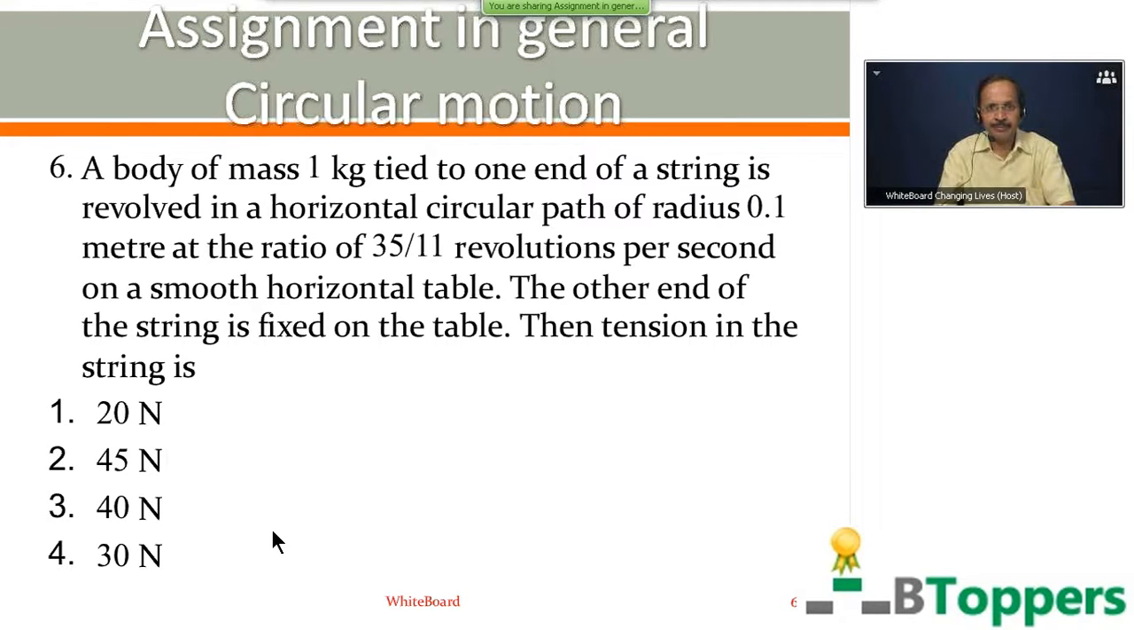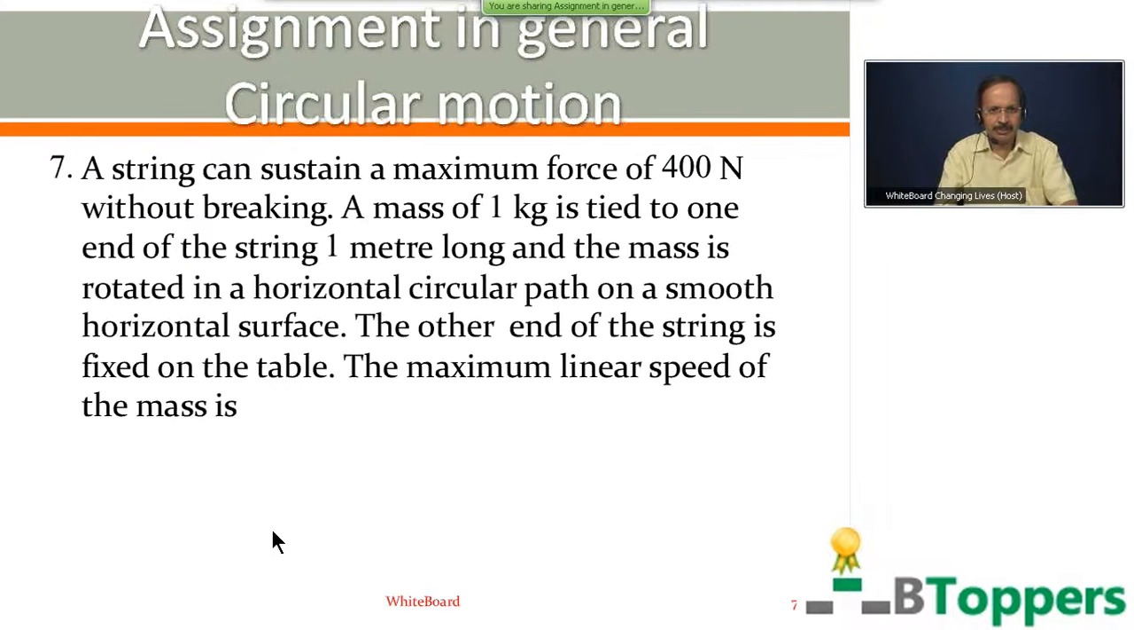You can take a pause and try the question. I am going to show the next question on screen. See question number 7. A string can sustain a maximum force of 400 Newton without breaking. A mass of 1 kg is tied to one end of the string, 1 meter long. The mass is rotated in a horizontal circular path on a smooth horizontal surface. The other end of the string is fixed on the table. The maximum linear speed of the mass is,